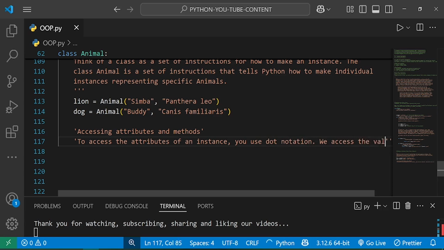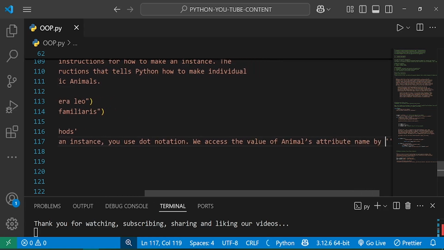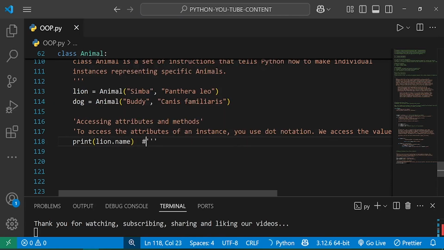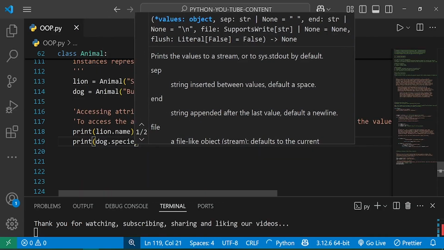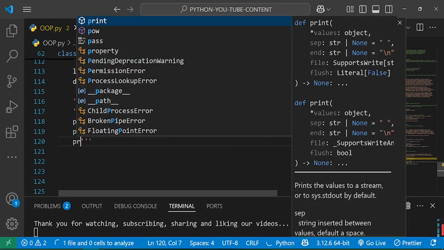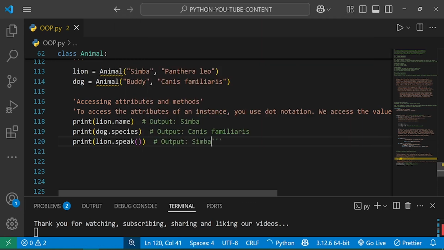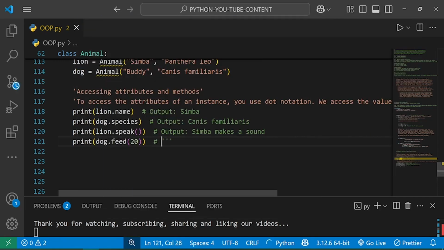So we access the value of the animal's attribute name by writing, for example, print lion.name, which will be Simba, and dog.species, the output will be Canis familiaris, and lion.speak will be Simba makes a sound, and dog.feed(20), for example, the output will be Buddy ate and has